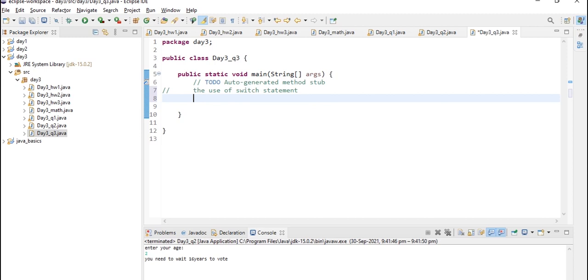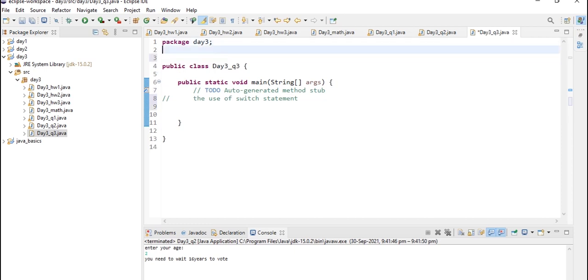Now you can write this whole program using if statements also, but it gets kind of long. That's why we are using the switch statement. As I said earlier, a switch statement works like an if else if statement.